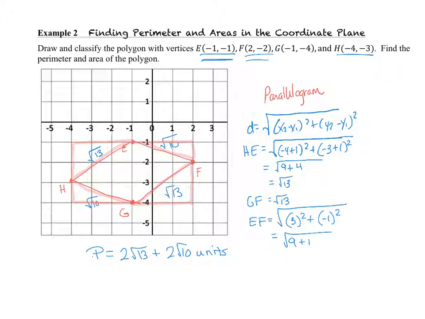To find the area, I was thinking of making this a full rectangle and then subtracting out these right triangles that I just made here. I felt like that would be easier to find the area. So the full rectangle is 1, 2, 3 by 1, 2, 3, 4, 5, 6. So that's 3 by 6, so the area of that is 18, but now I'm going to subtract 4